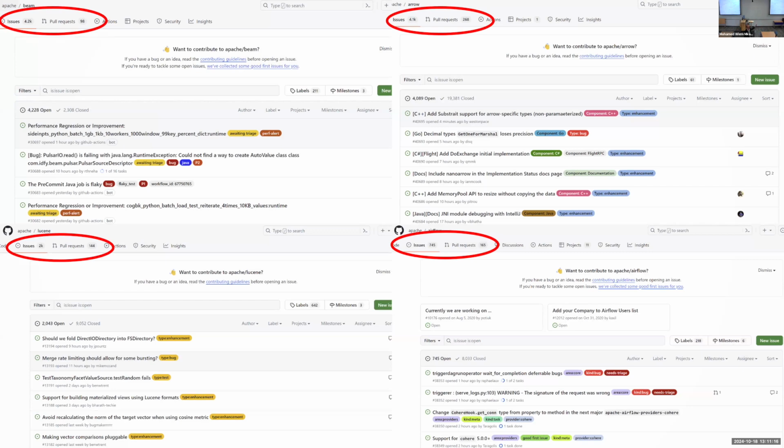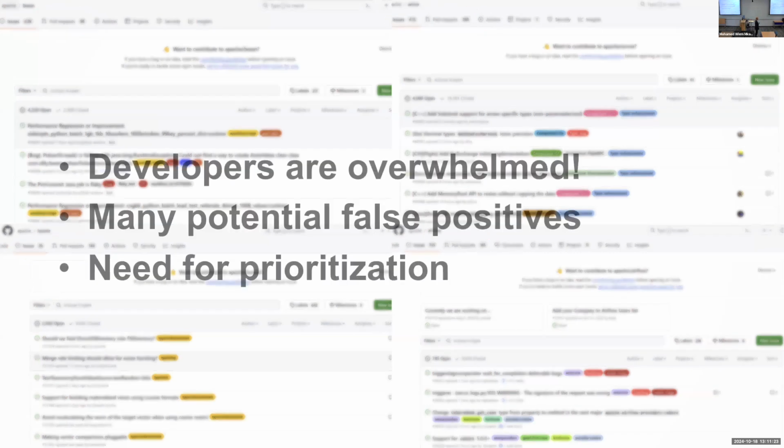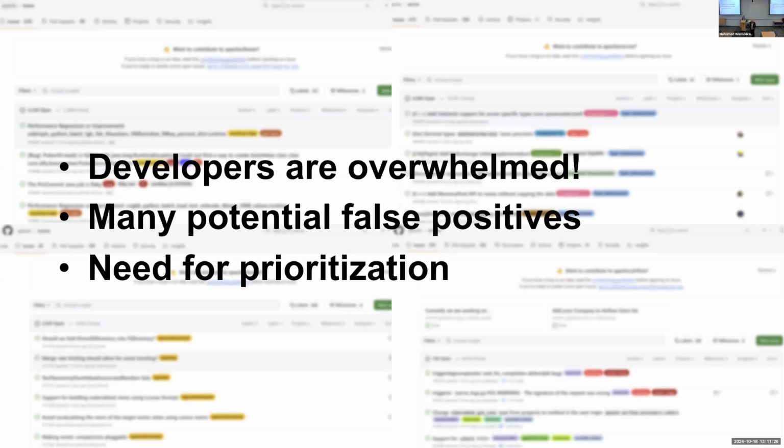This is a recent screenshot, right? So they are dealing with a lot of problems already, which means that these developers are overwhelmed with a lot of things to do, right? They have a lot of responsibilities that they have to deal with. They have so many issues to deal with, and that's why they need some sort of prioritization. Okay, so obviously you can see the challenges they're facing. So refactoring becomes another burden that they have to deal with, right? That's a very big problem. So obviously we need better ways to improve and to motivate developers to refactor their code.